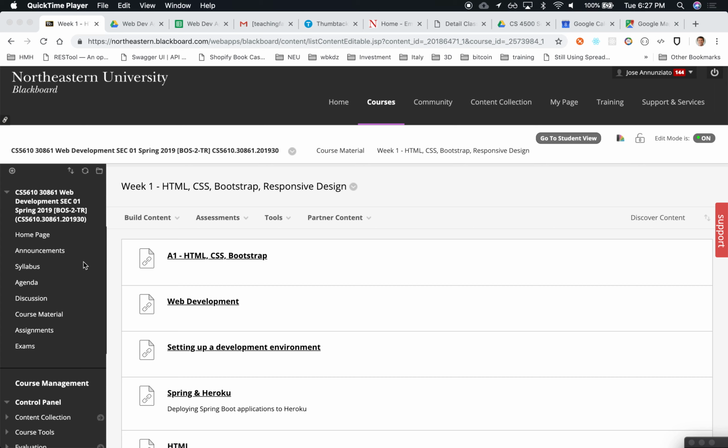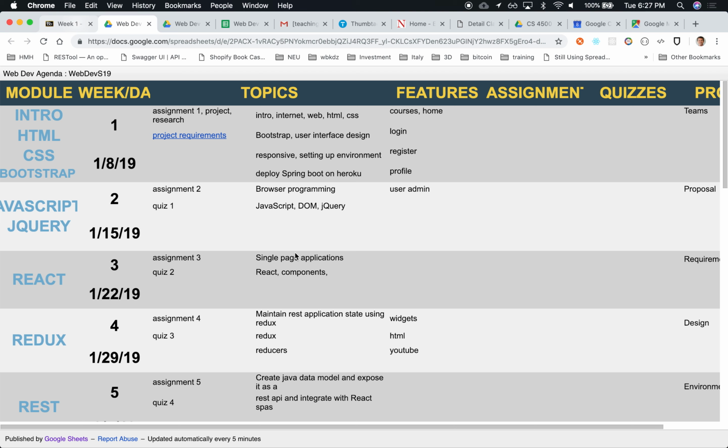All right, so you should have access to all these links on the left-hand side of Blackboard. So that was the syllabus we looked at. So let's take a look at the agenda. All right, so this is my proposed agenda